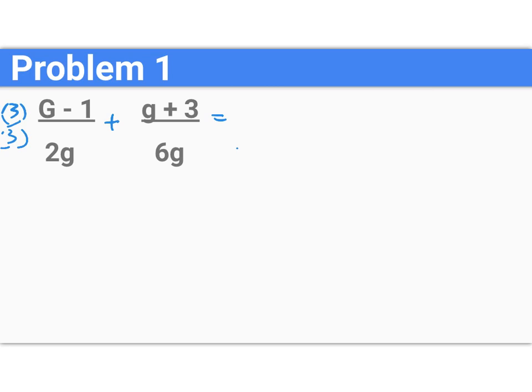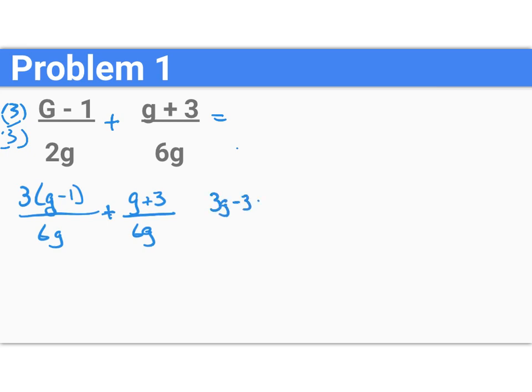So let's leave it 3 times the quantity g minus 1 all over 6g plus g plus 3 all over 6g. And that didn't help me. Okay, so I'm going to now distribute the 3g. So I get 3g minus 3 plus g plus 3 all over 6g, which gives me